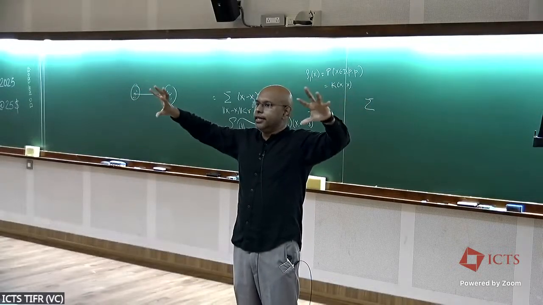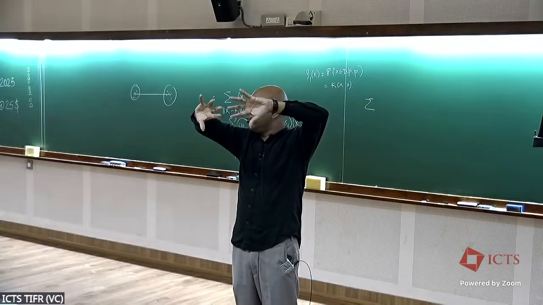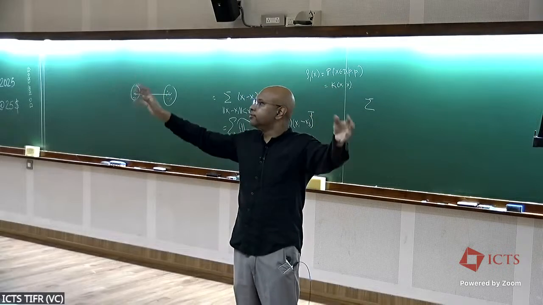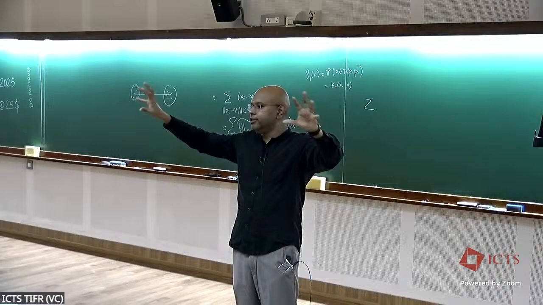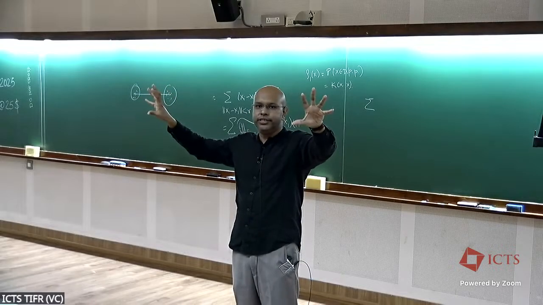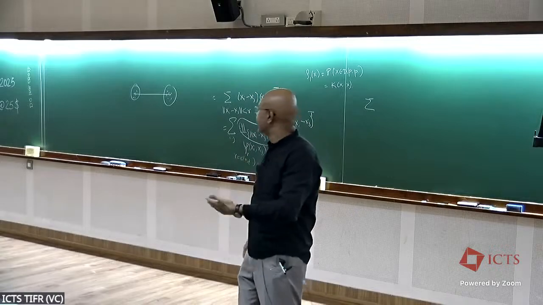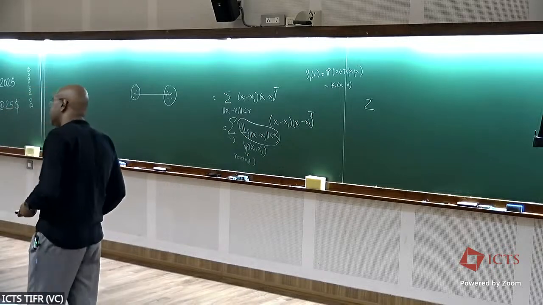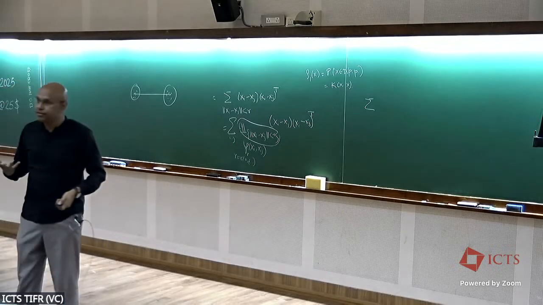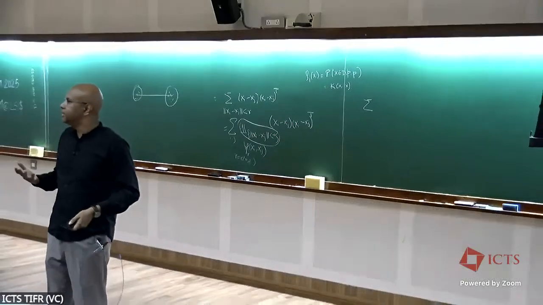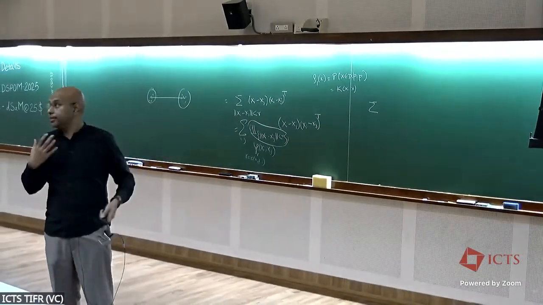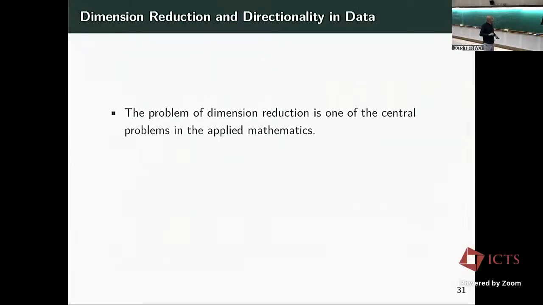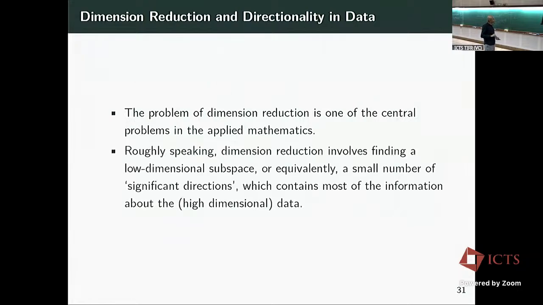So then, again, as usual in DPPs, they cannot move too close, they cannot move too far. So the only kind of equilibrium solution is that these particles equilibrate in two blobs, one blob for each type of particle, okay? So this is a way to conceptually think about clustered data in terms of interacting particle systems. And this is the heuristic that we will use when we use this spiked model as an ansatz to analyze clustered data. Okay, so let us see what this ansatz allows us to do.